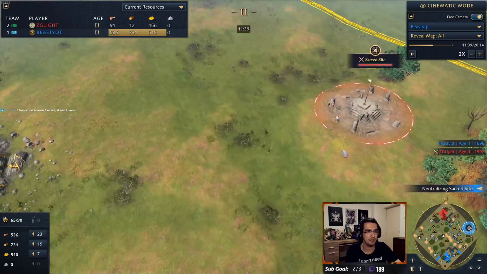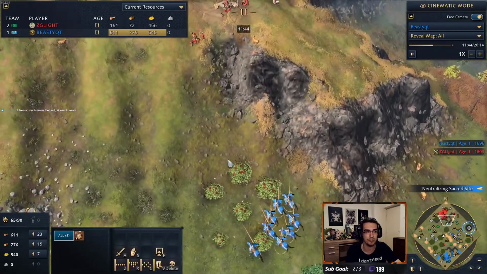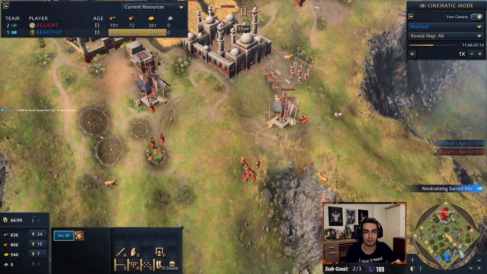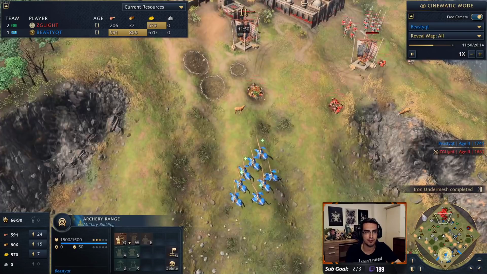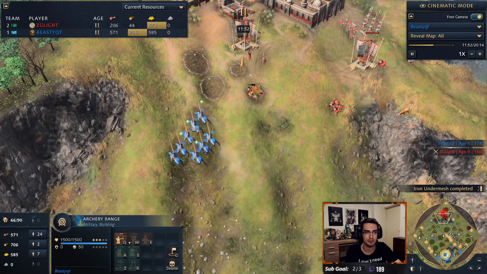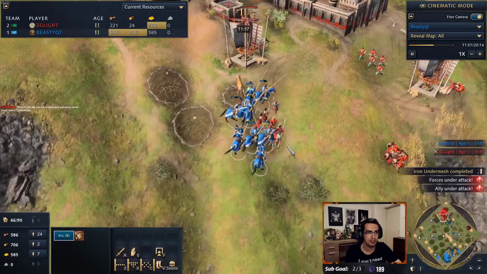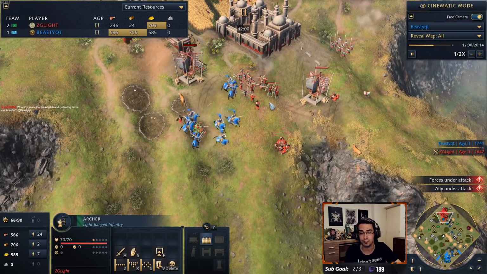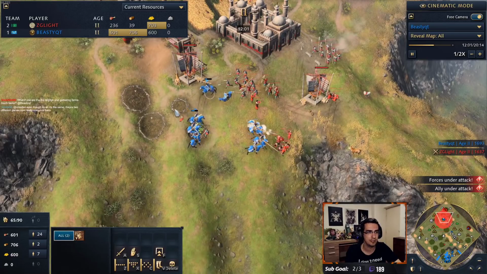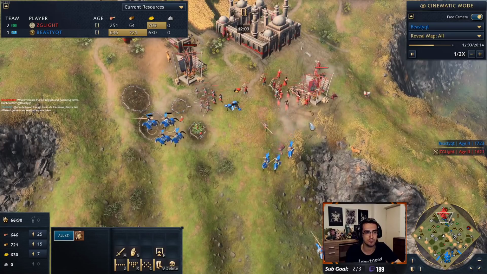I sniped the Scholar, recapturing the Sacred Site, and he completely loses the map control because I saw he only has Spearmen, so I went for double archer range, and I got a bunch of archers, so now map control is back in my hands. My knights are healing here, as you can see from that upgrade. He starts losing workers. These archers are basically to counter my archers, not to kill the knights. And if you saw there, one of the knights died so fast because they take...